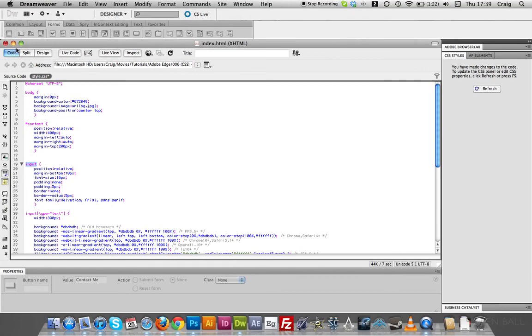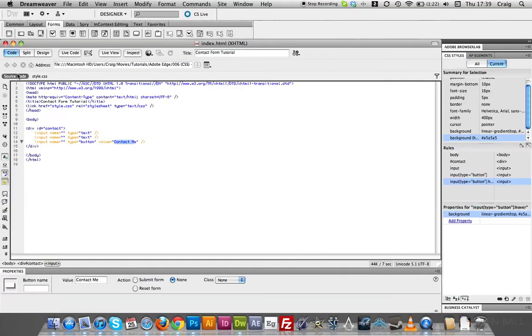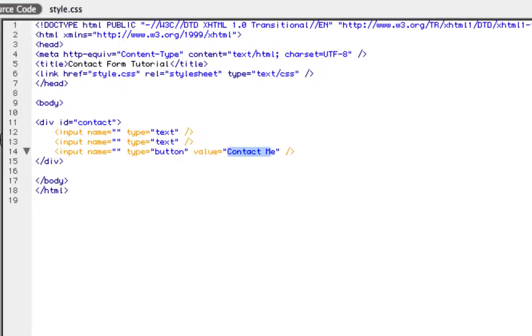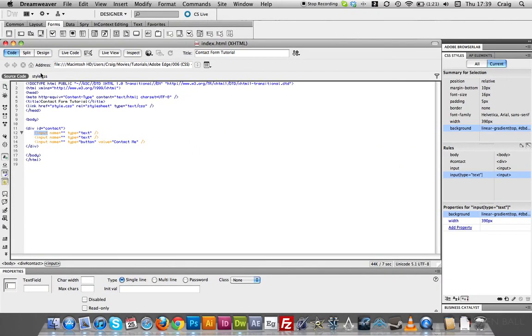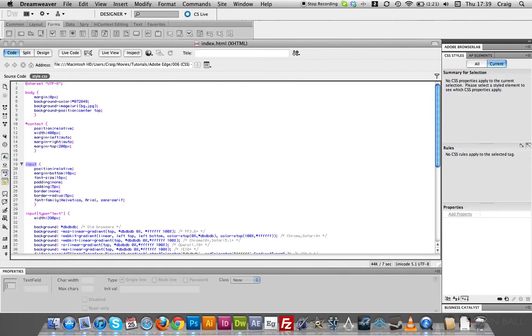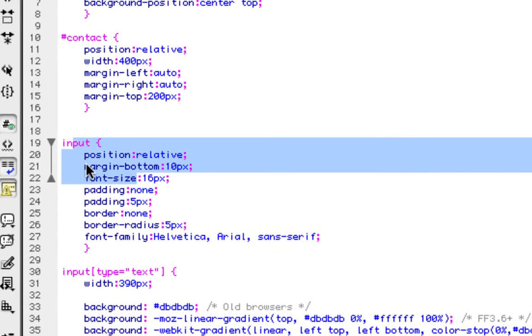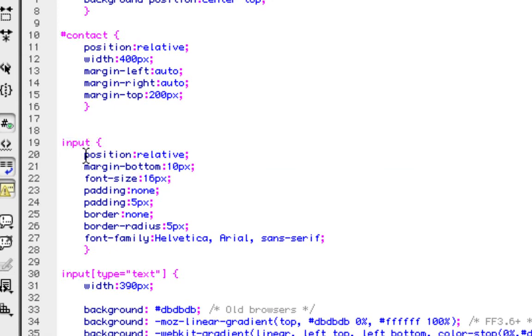So anything with the HTML of input, you can see just here, will have the properties that we define afterwards in this CSS selector. So everything with the input HTML is positioned relatively, and has a margin at the bottom of 10 pixels,